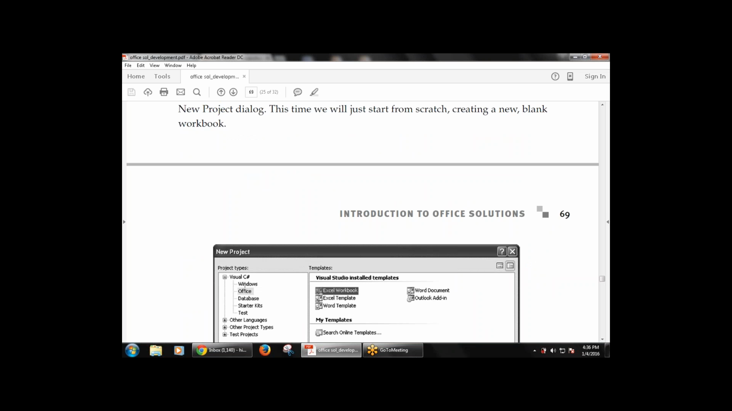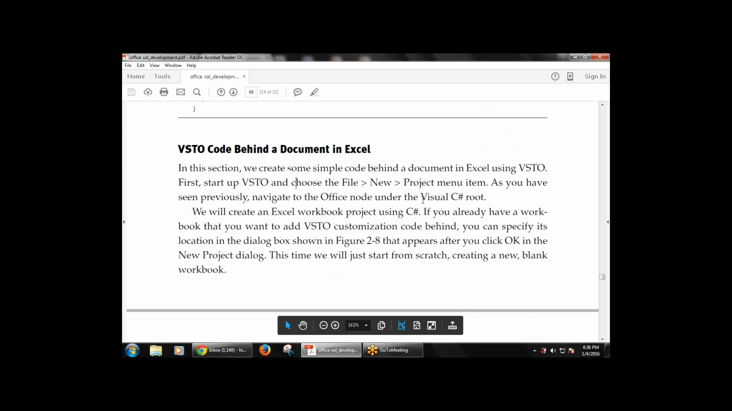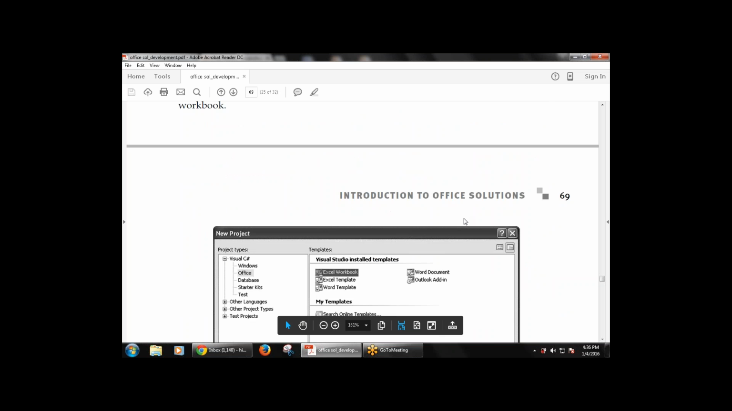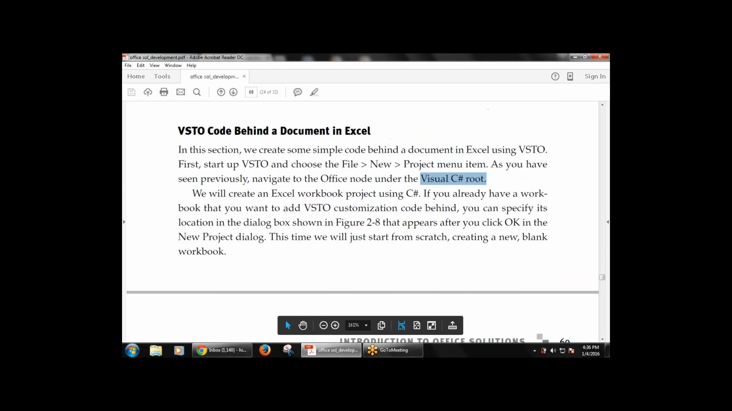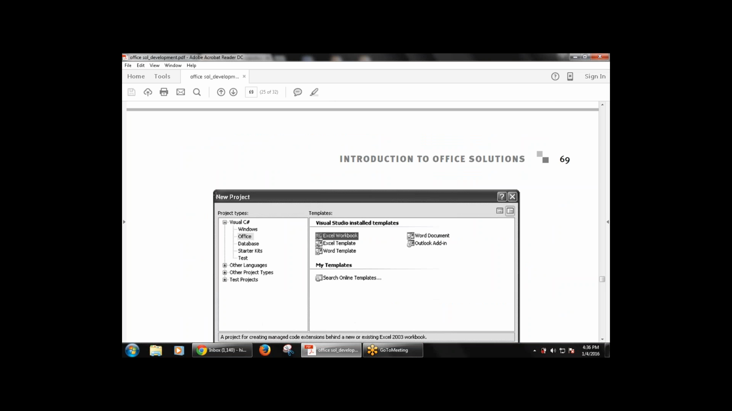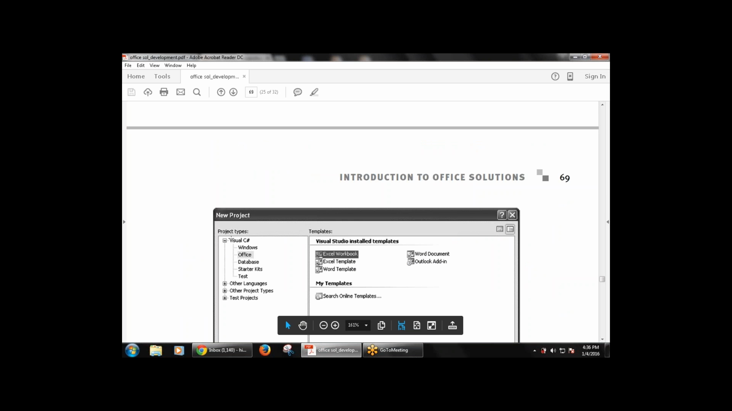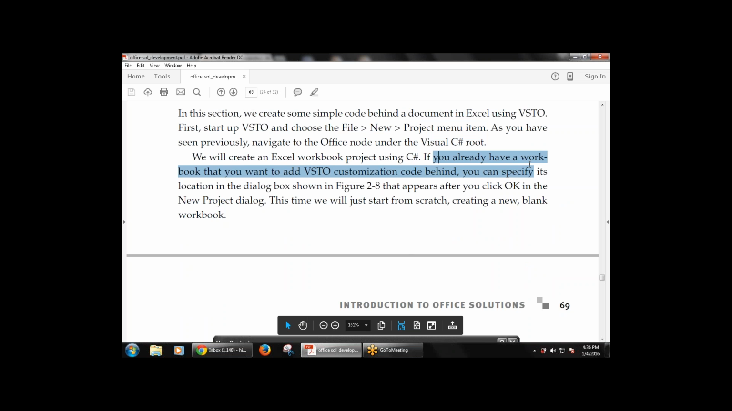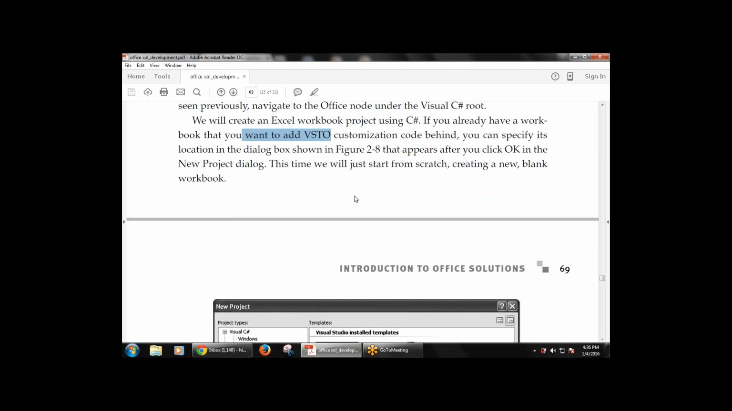So go to the project type, that is the Office node available in Visual C#. So first of all go to File, then New, then Project. Whenever you go to Project, the New Project window will be opened. Then you click on Visual C#, then click on Office. If you already have a workbook that you want to add the VSTO customization code behind, you can specify its location